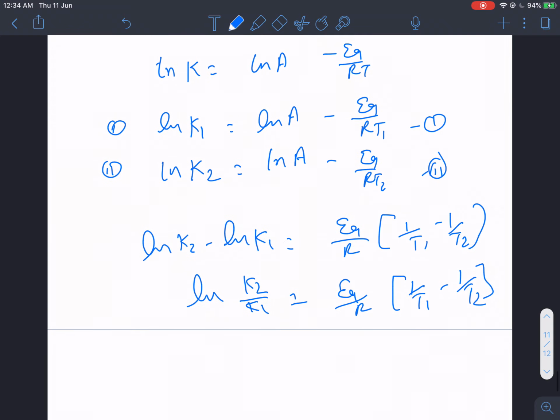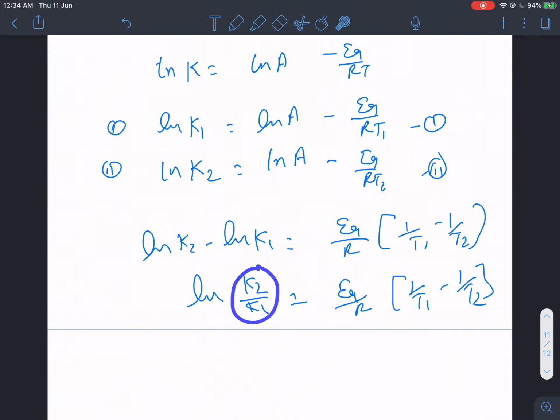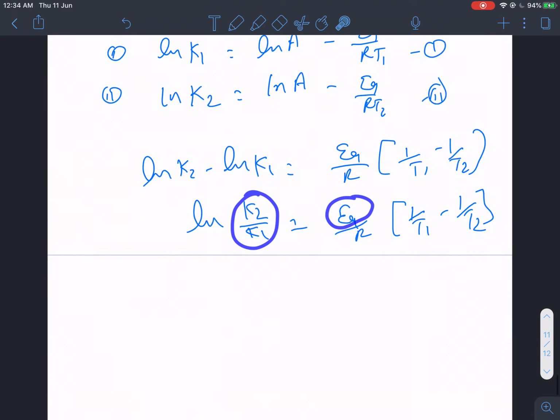Now if you see this, guys, very interesting. If you see this, k2 by k1 or r2 by r1 is proportional to this activation energy. Isn't it interesting? For the reaction whose activation energy is very high, if you increase the temperature, the increase in rate will be higher. So if k2 by k1 depends on Ea, you can say that a higher increase will be observed,